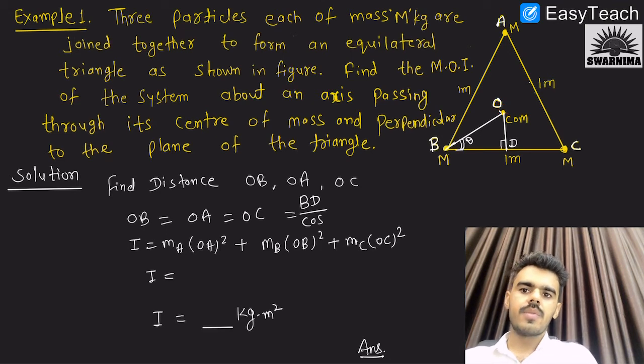So let's assume a right angle triangle OBD. So this angle theta is 30 degree. Why is this angle 30 degree? Because this is an equilateral triangle. So angle ABC is equal to 60 degree. So this theta is half of 60 degree